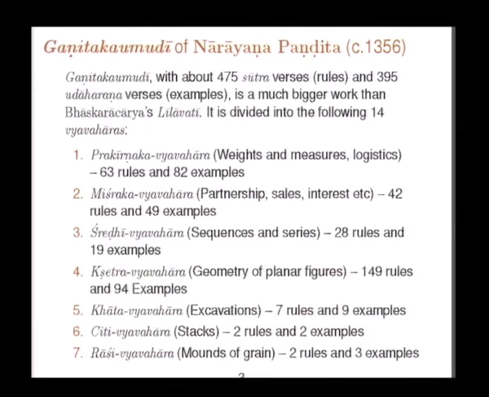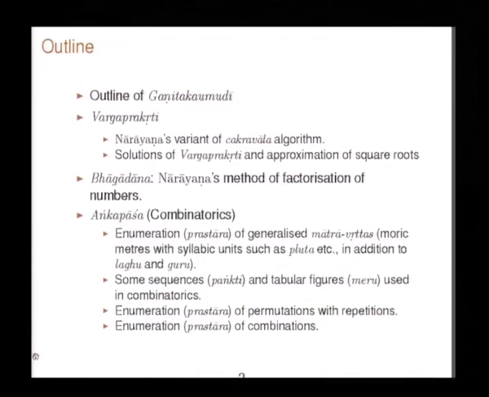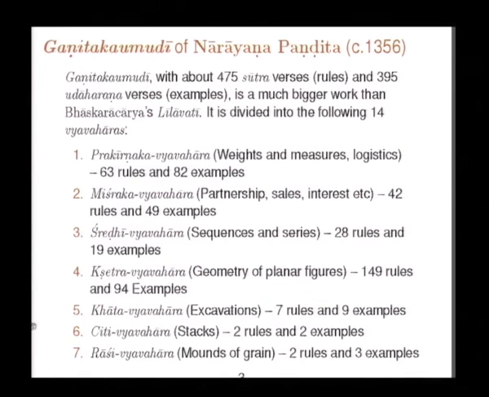Ganitakaumudi has 475 sutra verses and 395 udaharana verses. So, it is about 4 times the size of Leelavati, and it is divided into 14 chapters. It was outlined in the previous talk also. It is good to recollect them: weights and measures, partnership, sales, interest, etc., sequences and series, geometry of planar figures, which is one of the major chapters in the Ganitakaumudi,